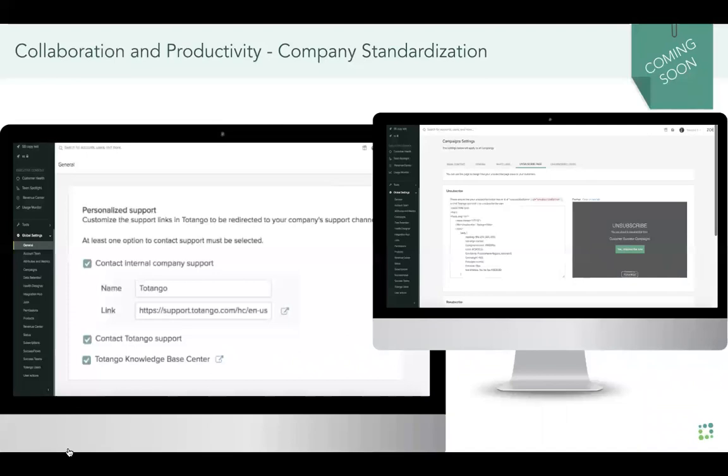In addition, when you're working with campaigns and you have customers that would like to unsubscribe from campaigns or resubscribe to campaigns, as well as the footer within the campaign itself, you would like to make sure that those meet the specific standardization and the specific templates that you have in your organization. We are now giving you the power to configure all of it within Totango.